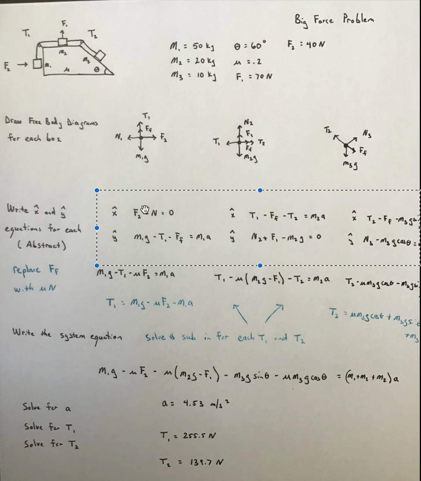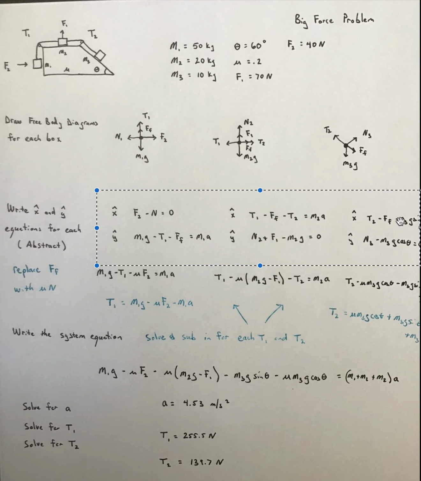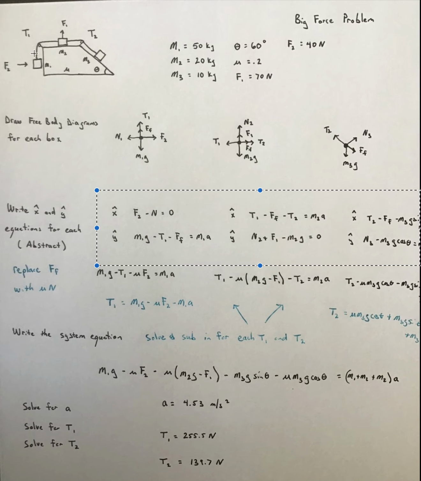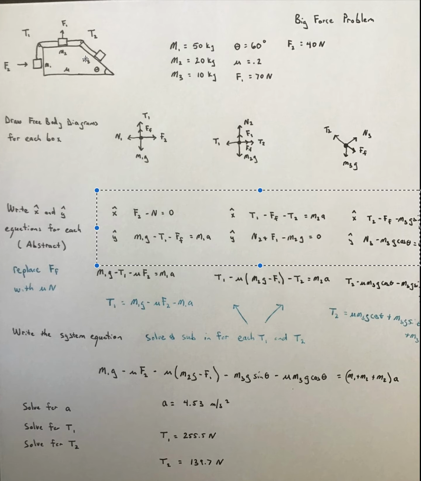Remember, this down direction is the same as this left direction, which is the same as this up the ramp direction. You've got to understand that in this system, M1 is going to go down in the same way M2 is going to go left, which is the same thing as M3 going up the ramp. Those three directions are the same, and that's the function of the pulley. Okay, so we write all of these, and